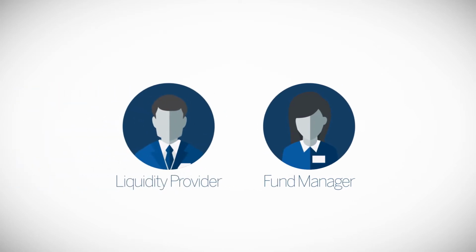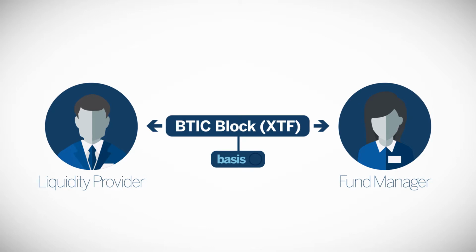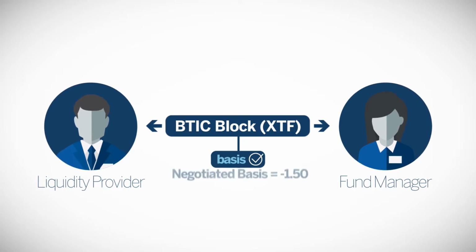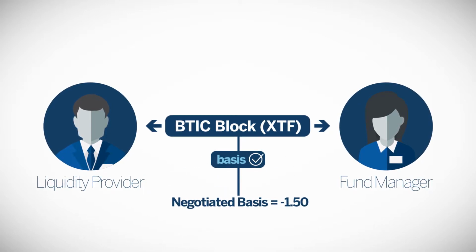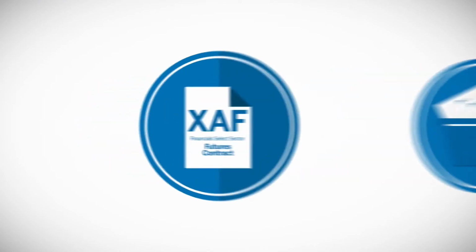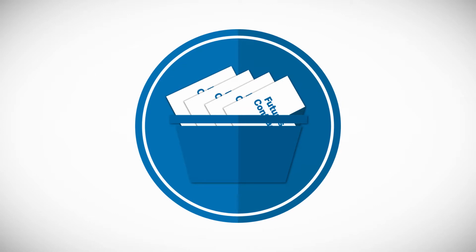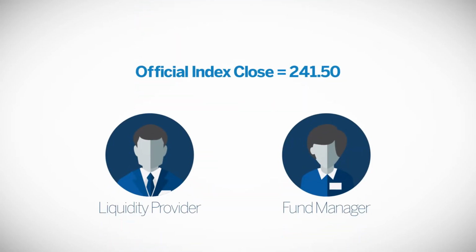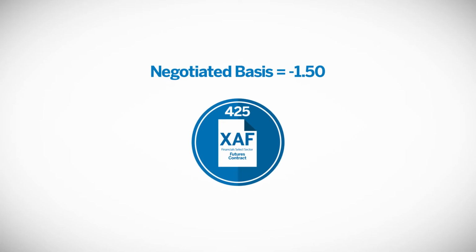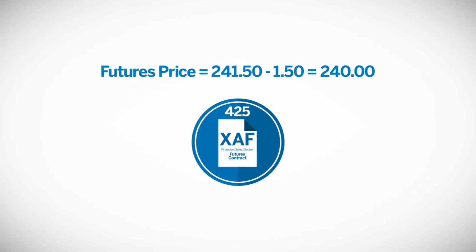To execute a BTIC block, a fund manager needs to reach out to a liquidity provider and negotiate the fair value spread or basis of the futures to the index, say -1.50 index points. The dealer may hedge the BTIC futures trade by buying the required numbers of shares per component in each stock's respective MOC auction and perfectly replicating the cash index closing value. If the official index close was 241.50, the 425 futures contracts would be executed at 240.00